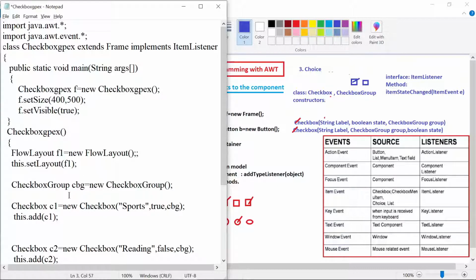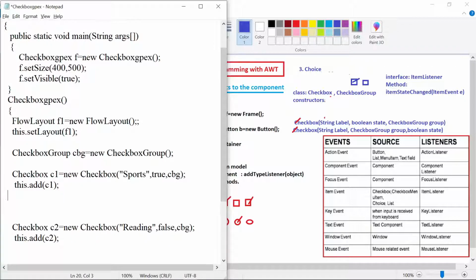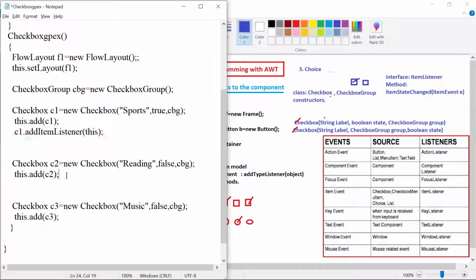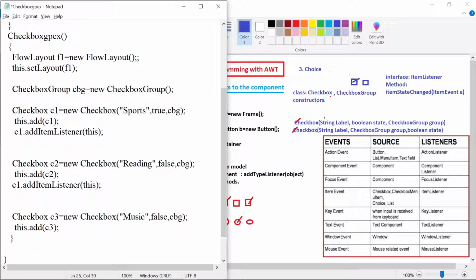And then for each component we need to add c1.addItemListener, the way you have done for the checkboxes, with this. Let us add this to our C2, this is c2.addItemListener, and c3.addItemListener.